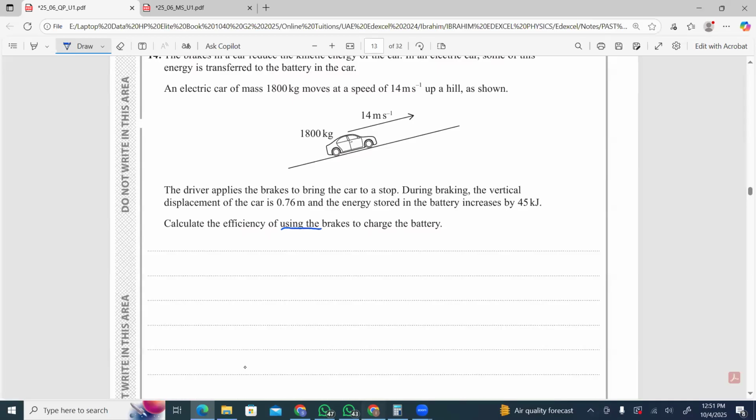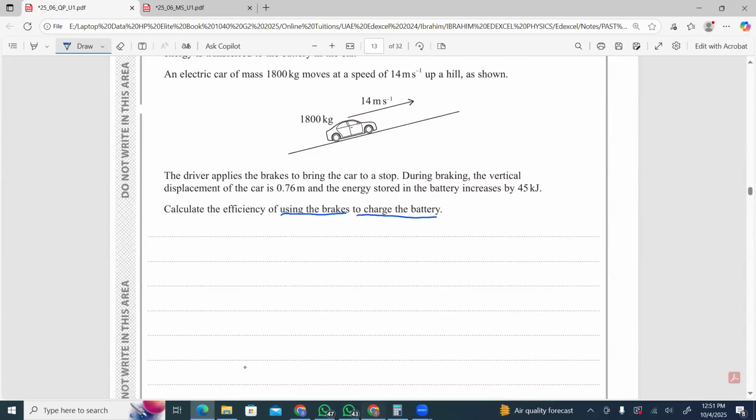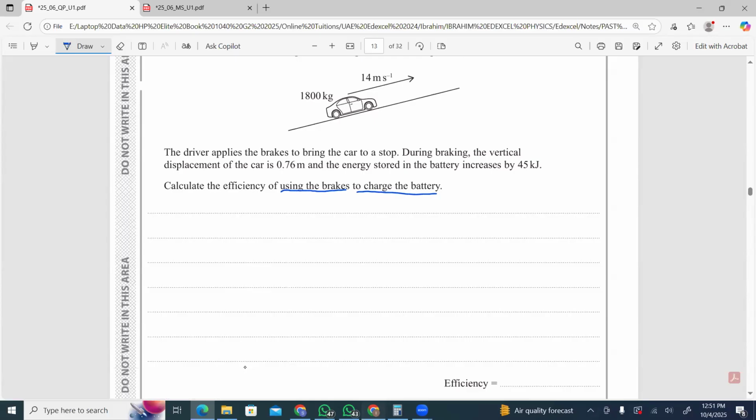This is the keyword, using the brakes to charge the battery. So first of all, you need to know that when brakes are applied, initially you have simply kinetic energy, and you're moving up. So your kinetic energy will be changing into gravitational potential energy. And then some of the energy is going to be stored to charge the battery. Energy used by braking system